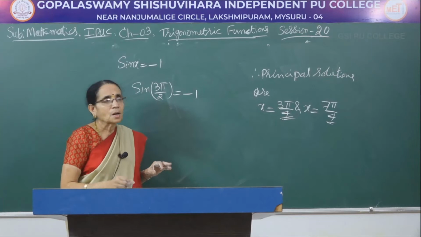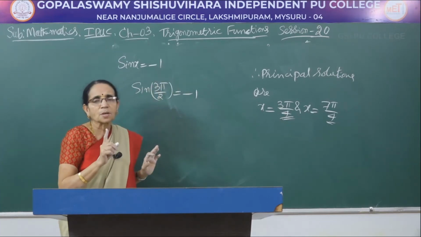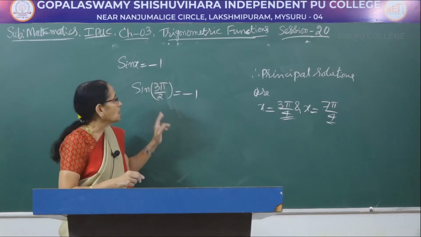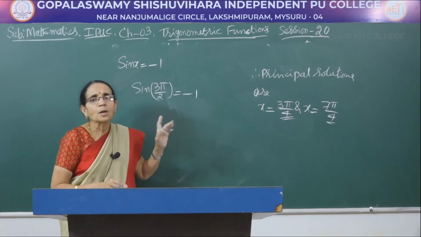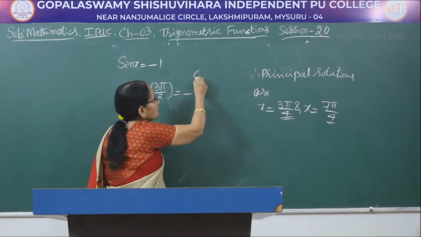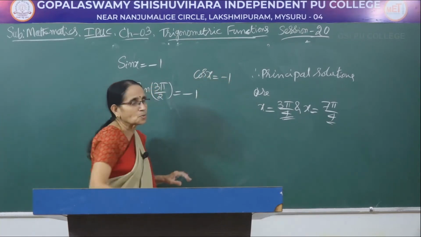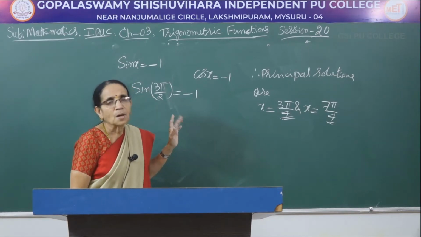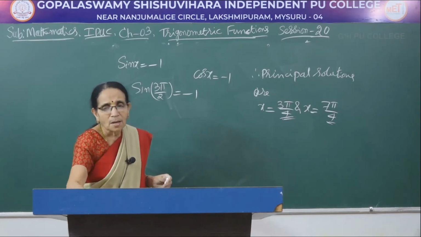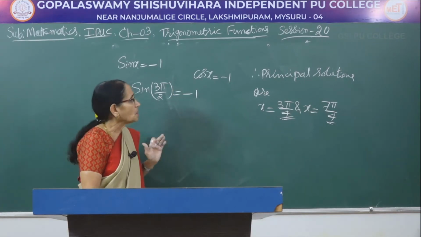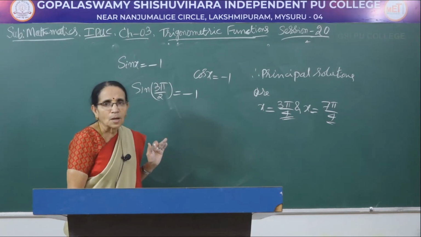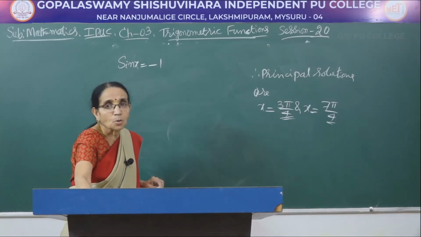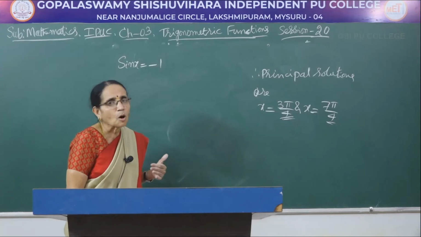Same argument we had for sin x equal to plus 1. Only x equal to pi by 2 will satisfy. So, that equation had only one principal solution, and this equation will also have only one principal solution. And one more thing I had considered in the previous one, cos x equal to minus 1. There also there is only one solution, that is x would be equal to pi. So, only rarely, some 2-3 equations will have only one principal solution in the interval 0 to pi. Otherwise all the remaining equations will have two solutions, whether the given number is positive or negative.